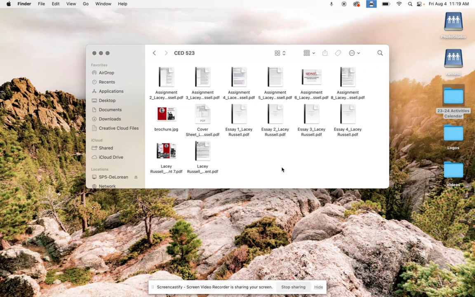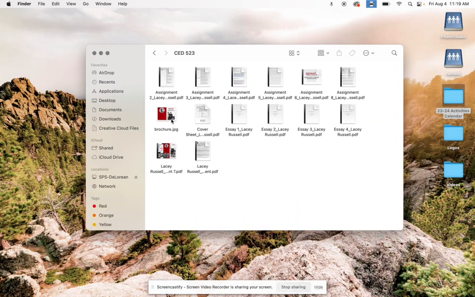PDF is just one of those universal documents that almost everybody can open. They can be opened on mobile devices, they can be opened on desktops, laptops, all of those different formats. And so when I'm uploading documents to my portfolio, I always use PDFs, which you'll see here. You'll also see one JPEG, which is a picture image. Keep in mind when you're uploading pictures to Weebly or whatever platform you decide to use, if it's a picture, it needs to be in that .jpg or .png, for those of you who aren't familiar with imaging and files and things like that.